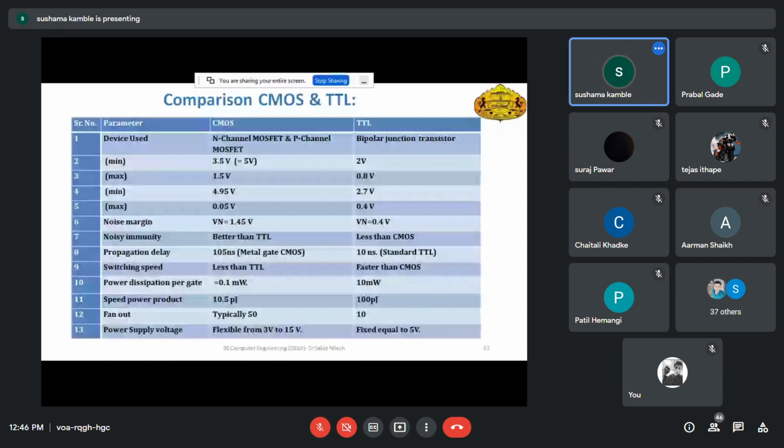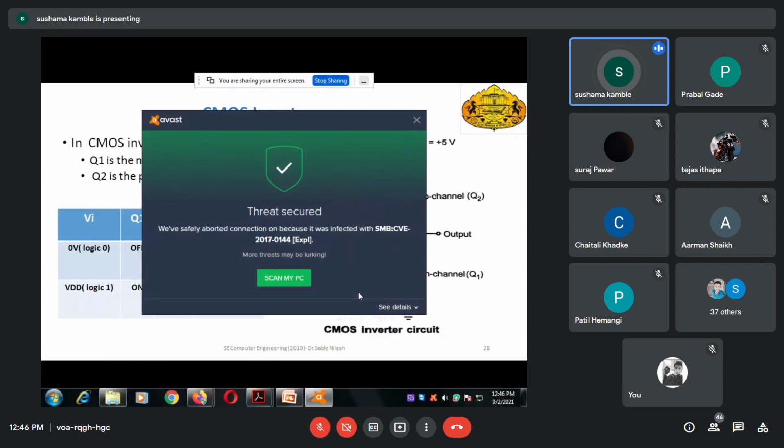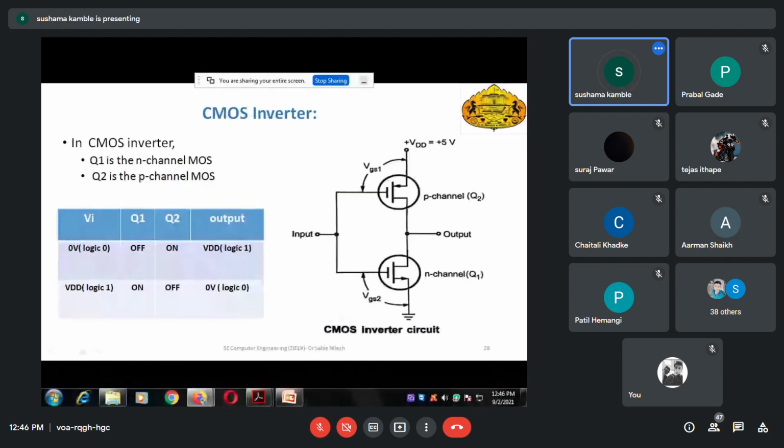Okay, we'll see this again. This is the part of the CMOS inverter as we have already explained. It consists of the N channel MOS as well as the P channel MOS. Can anyone tell how it works? Students are joining. I will just revise, because we have already studied the CMOS inverter. I will conduct the next part, that is wired logic and open drain output. These things are there in TTL also.